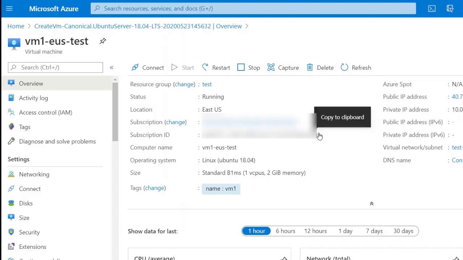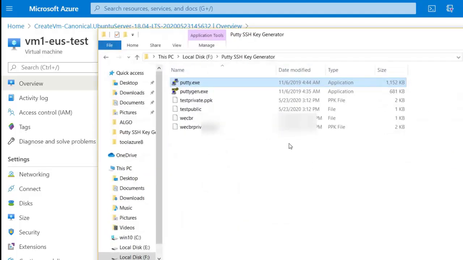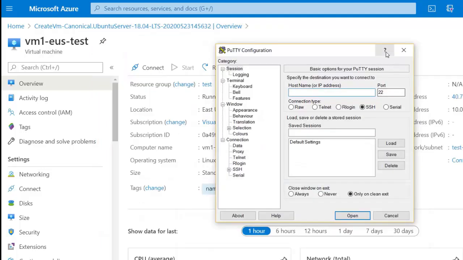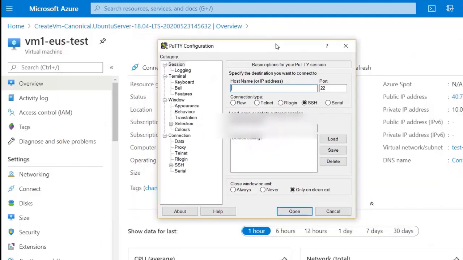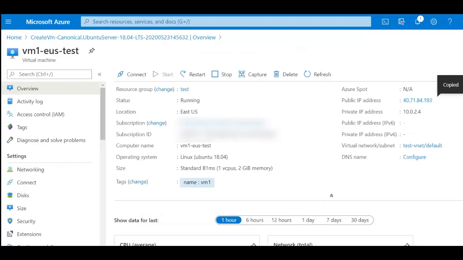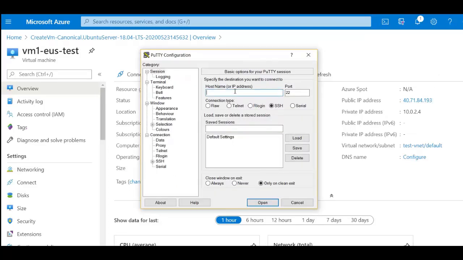First of all, you should go to your putty.exe, open the application, and you can see the Session section, where you have to paste your IP address. I have already explained the PuTTY software in my previous video. If you have not installed it, then go to the previous video and check it out. So copy the IP address of your virtual machine and paste it here.